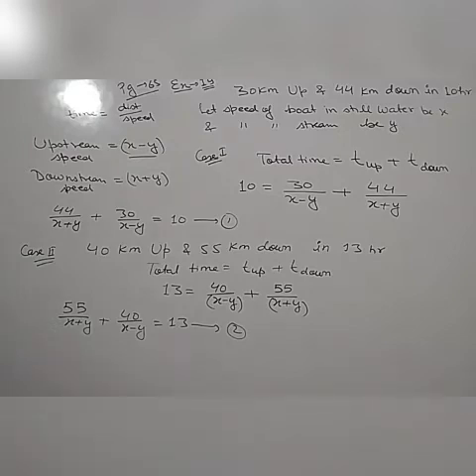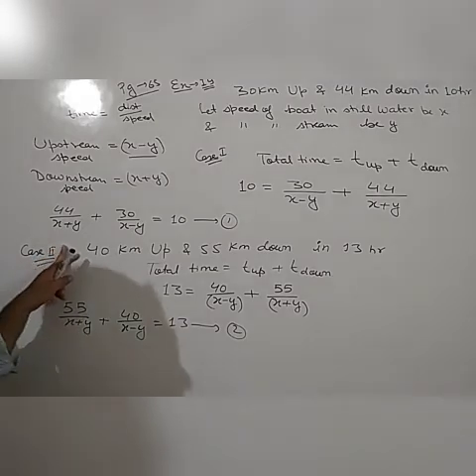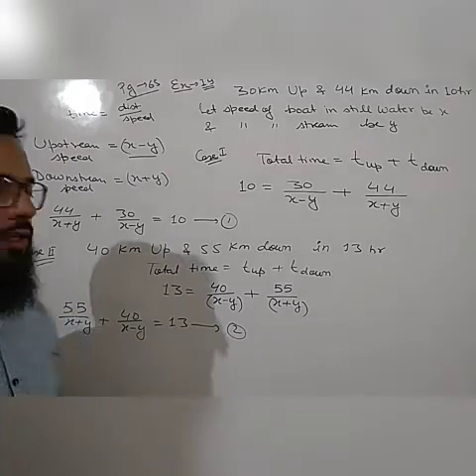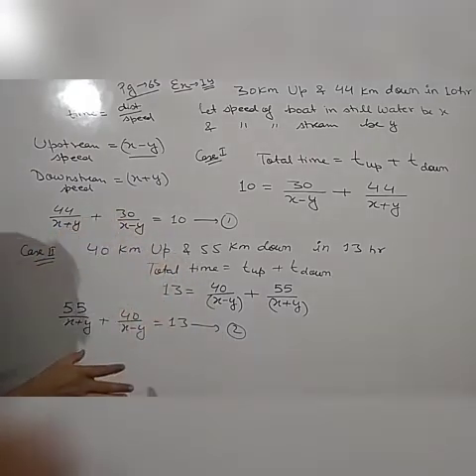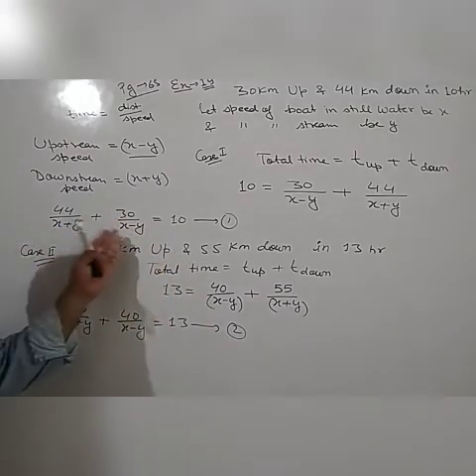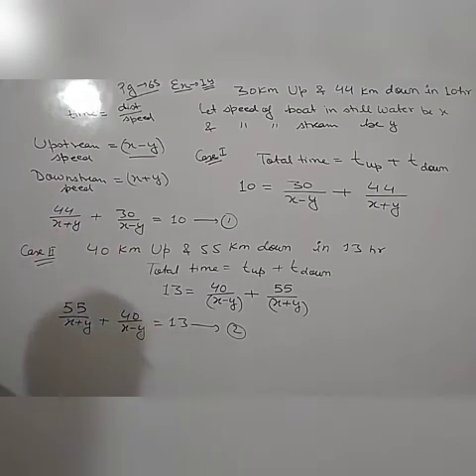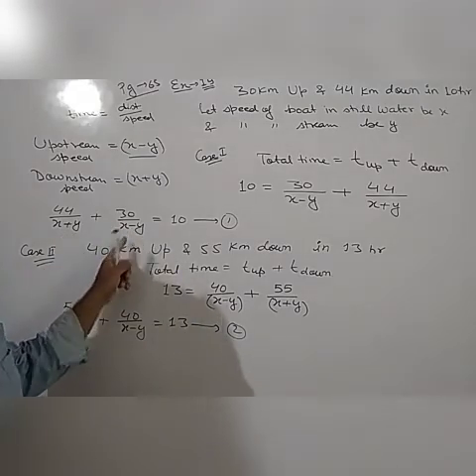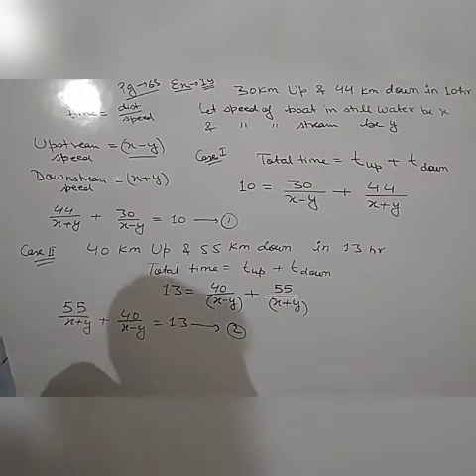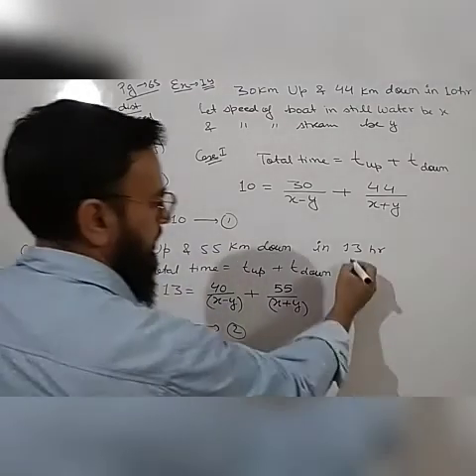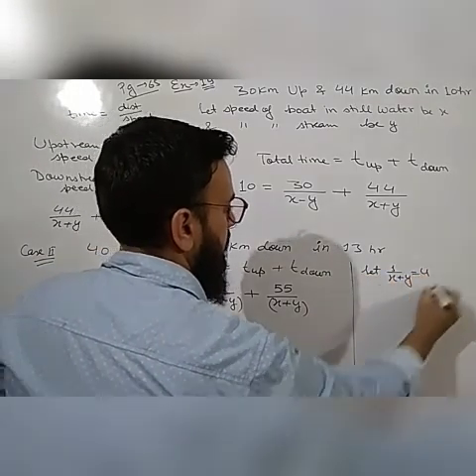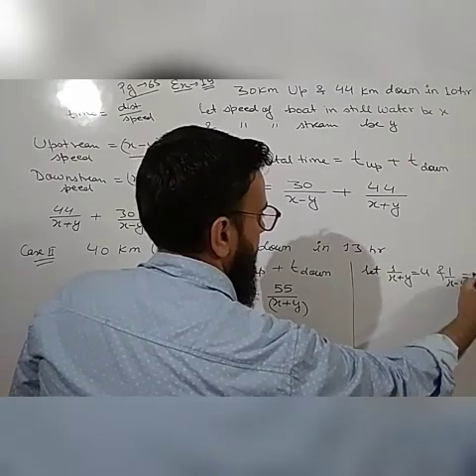Now we have already solved such type of equations. I told you when we have solved the simultaneous solution of linear equation, whenever these equations are given, that means in the denominator there is x plus y and x minus y, then how these problems are solved? We will consider 1 upon x plus y as u and 1 upon x minus y as v, and then we can further solve the questions very easily. So we will consider now, let 1 upon x plus y is equal to u and 1 upon x minus y is equal to v.